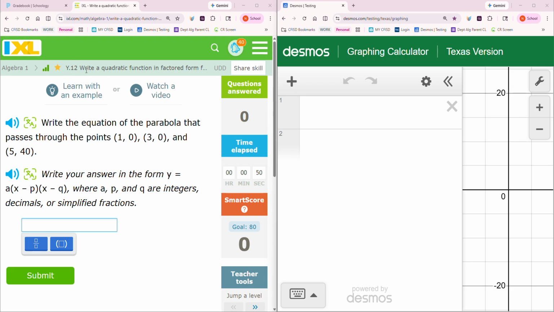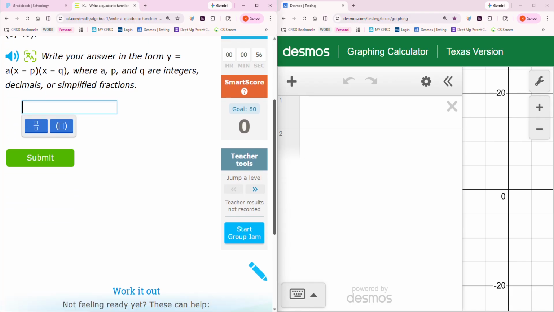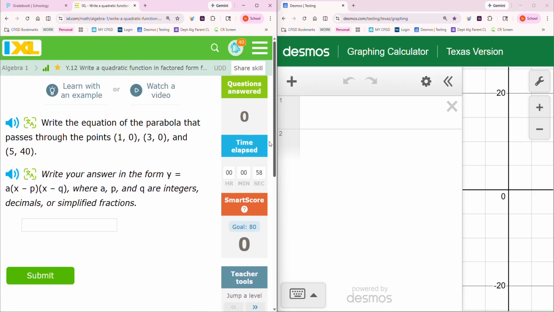Writing a quadratic function in factored form. So we have this first problem here. This first problem has a parabola that passes through these points: 1, 0, 3, 0, and 5, 40. Write the equation. So the easiest way to handle this, they want us to write it in the format